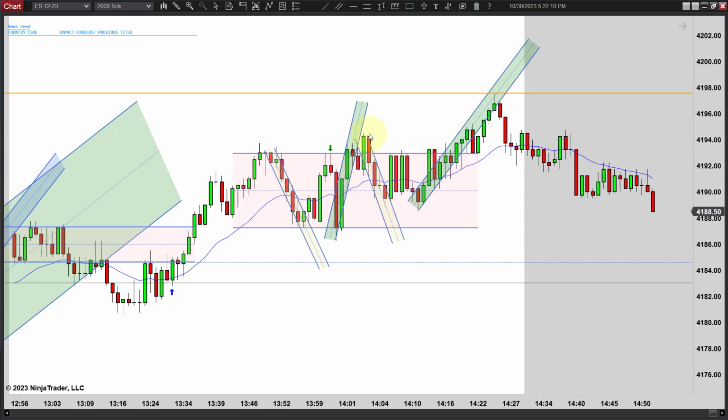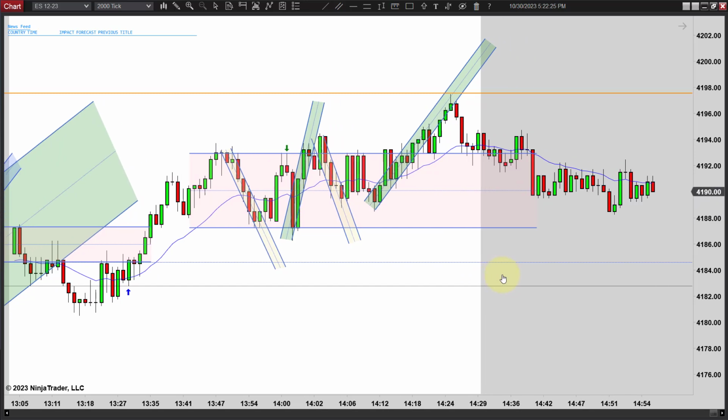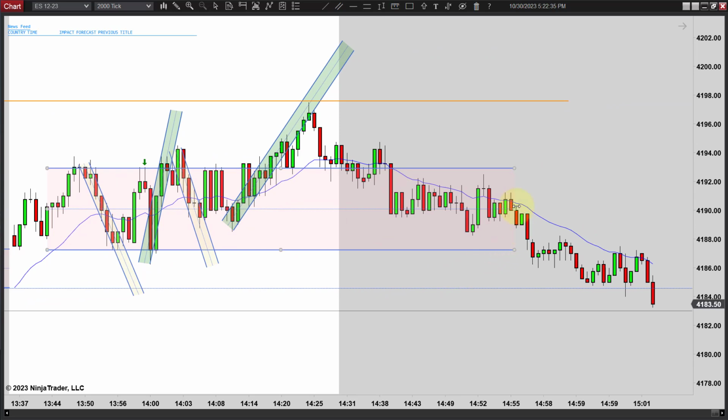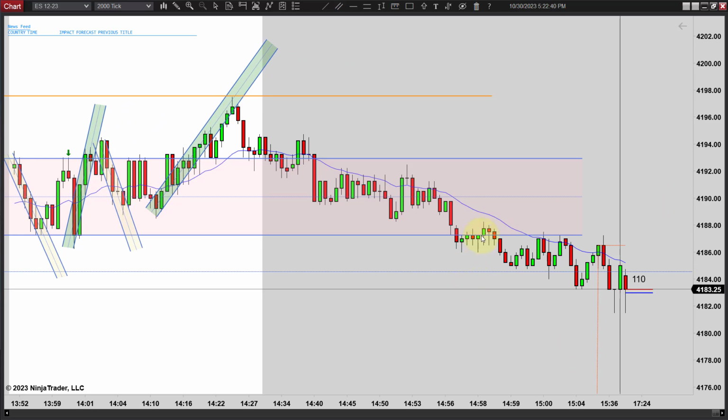No setup here. Again, no setup there, and you're just chopping around in the upper half before it breaks out. You can't take a breakout pullback there because you don't have enough test of the support of this acting as support, really. You get a second test here, but I'd want a third, and then notice it doesn't hold, and then you kind of work back into the range, and that takes you into the close. And you can see it's just working in that range until it drops a little lower there.